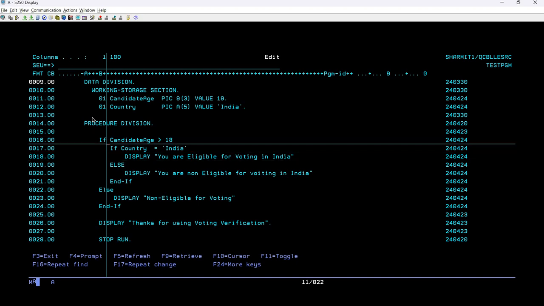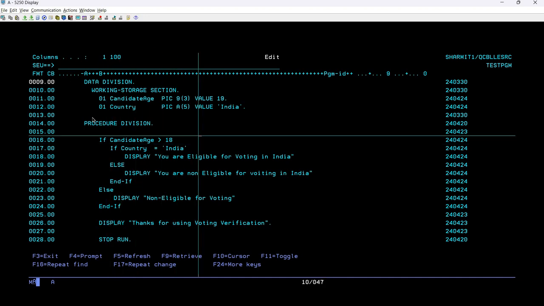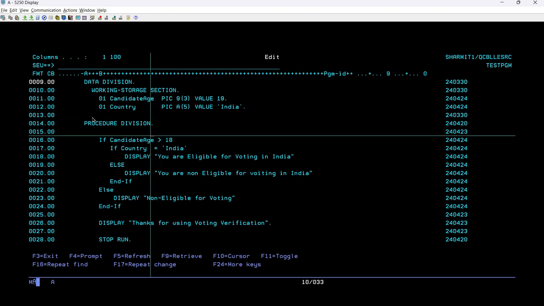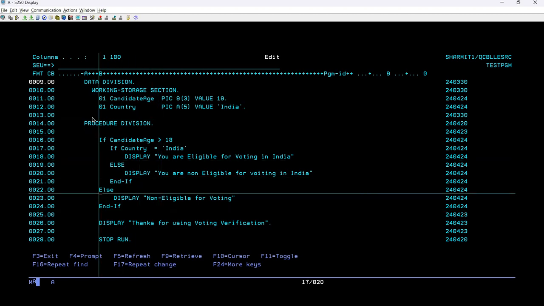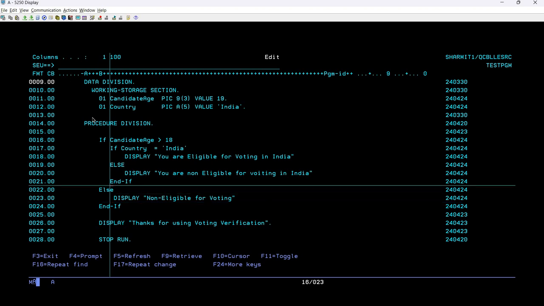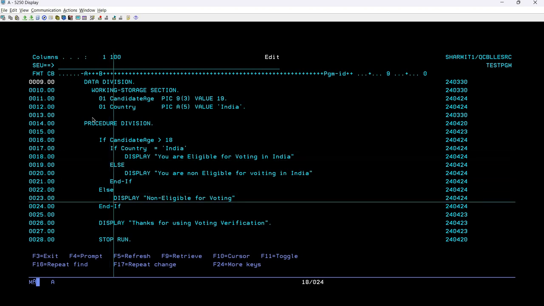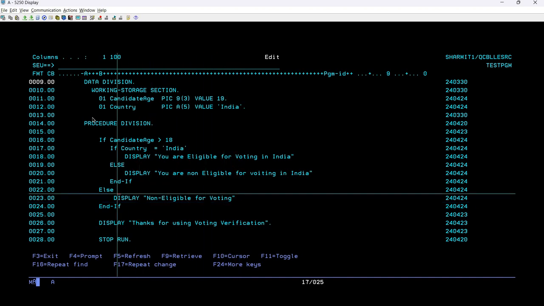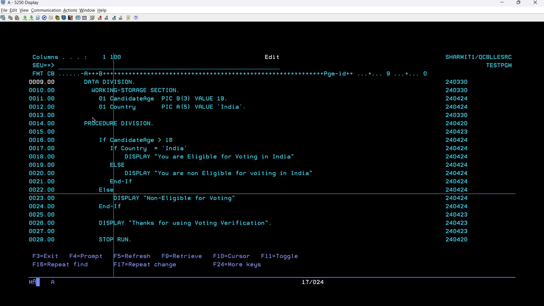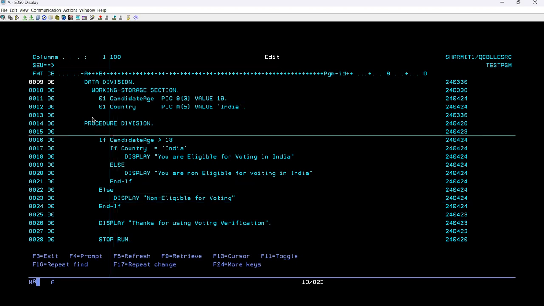After that, now assume that the value is 10. Okay, the candidate age is 10, so in that case it will simply go to the else block. If you want to check other conditions in the else block, yes, you can include them here also, but for now I just kept it simple: if age is not 18, then we can simply print non-eligible for voting. But for example, let's say I want to include a nested structure here also. So what I can do, let's say I want to check if age